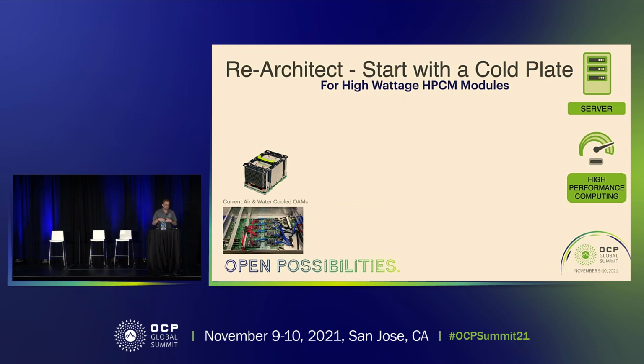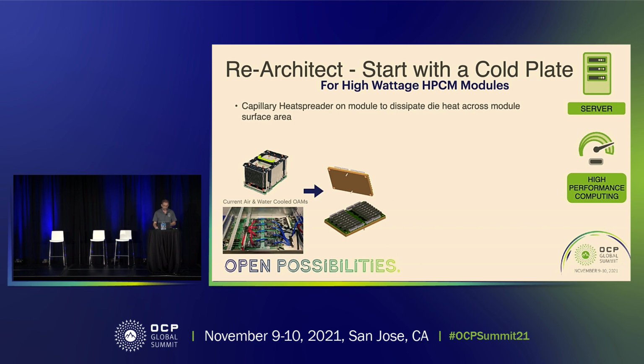What we're doing is we don't have a motherboard anymore, so we need to re-architect, and we're going to start with the cold plate. On the left is an OAM module on the top, and you can see a water-cooled version of the OAM module at the bottom, with all the pipes going between the modules to cool them. What we're proposing is, can we put a heat spreader on the module itself to normalize to an interface that could be bolted to a cold plate,